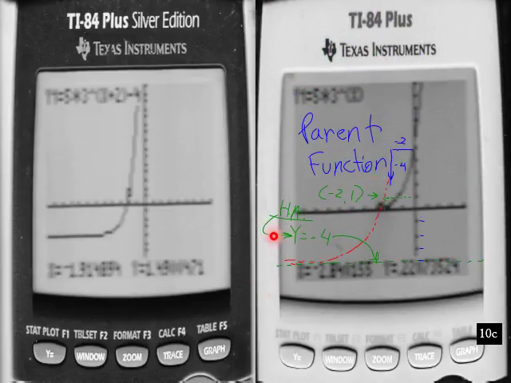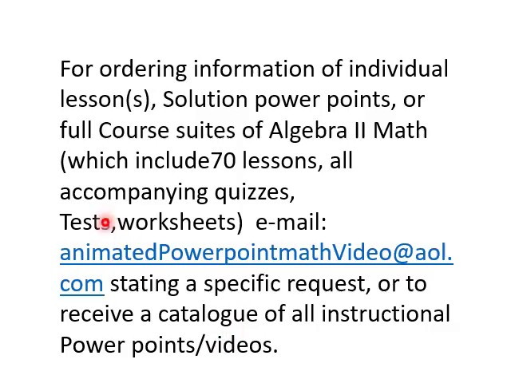And then here is the function here. This is the parent function here, y equals 5 times 3 to the x power. And then here is the actual function that we wanted to graph here. This is how it would look on a graphing calculator here to check yourself. You could go into table and find these values as well. And that is